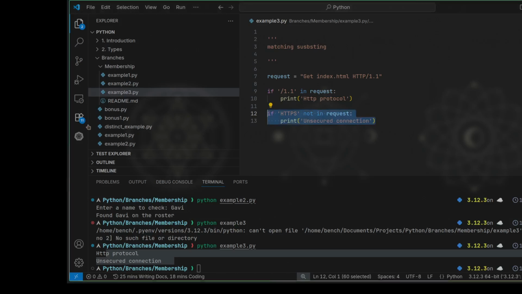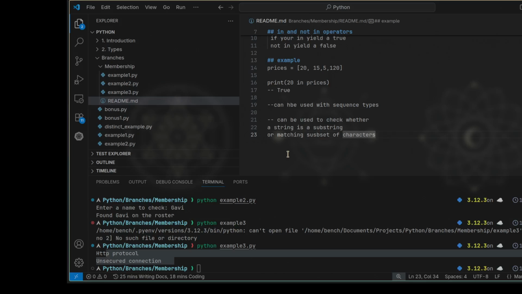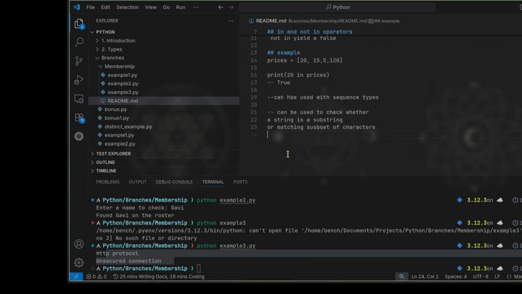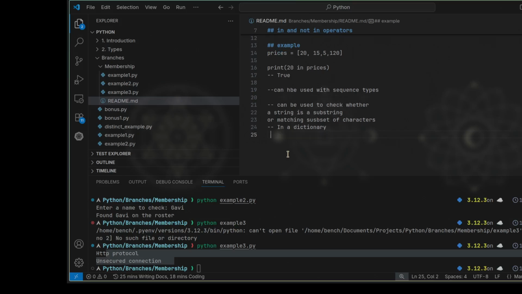So let's talk about how it can look in a dictionary. We've talked about a list. Let's see how it can work in a dictionary. So you can say membership. Okay, let's just talk of it in a dictionary. What happens actually? In a dictionary, it implies